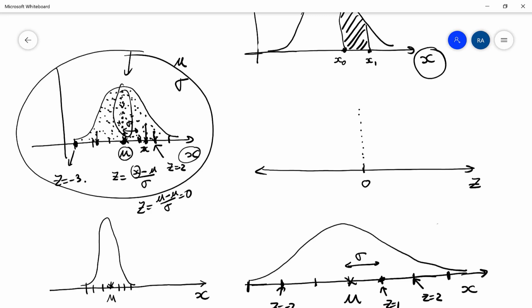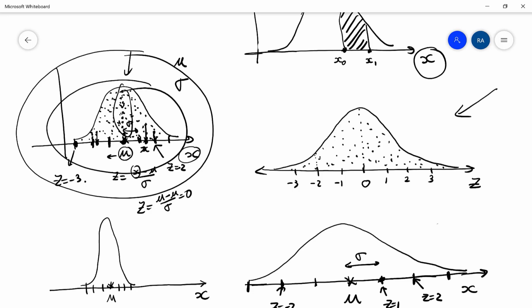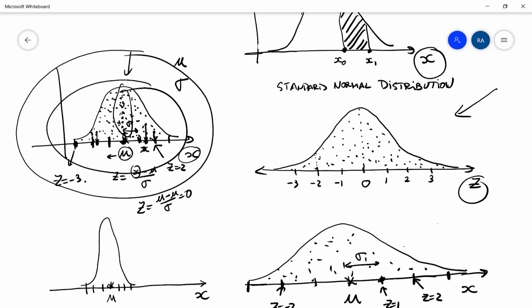The z-score of all points located here, 2 standard deviations, this point that is 2 standard deviations to the left, then the z-score of all of these points is 2, and we can plot all of these points in this graph here, where this is negative 1, negative 2, then all of these points will be plotted in this way. Then we can do the same thing for all of these points, and we obtain this graph. This is the standard normal distribution. If we organize all points under this distribution according to the z-score, we will obtain the same curve, and the same thing